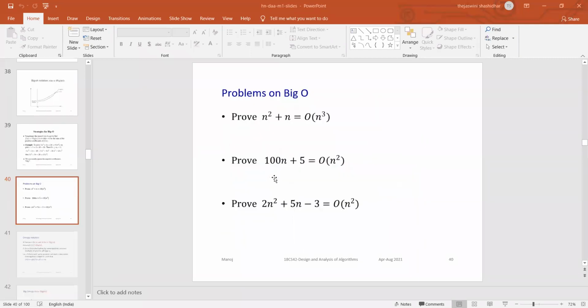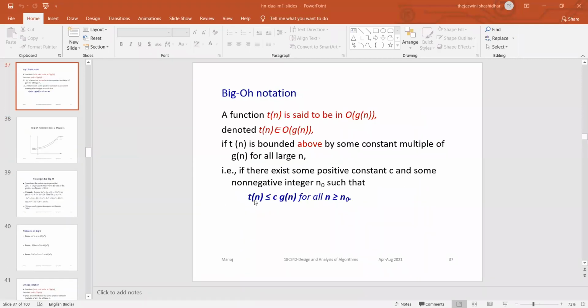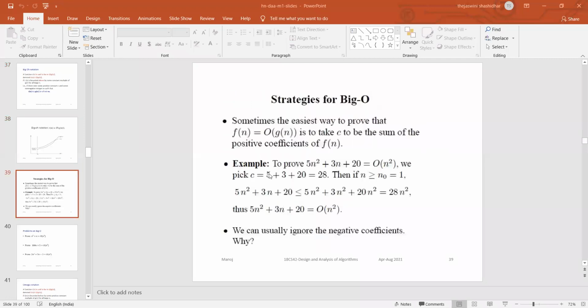So next, what is G of n? Keep this in your mind. This is the statement you have to get: T of n should be less than or equal to C into G of n. T of n is the problem given. What is C? C is 5 plus 3 plus 20. For that, you add n square. This is G of n. So G of n is n square. This part is T of n, this part is G of n, and C is 5 plus 3 plus 20.